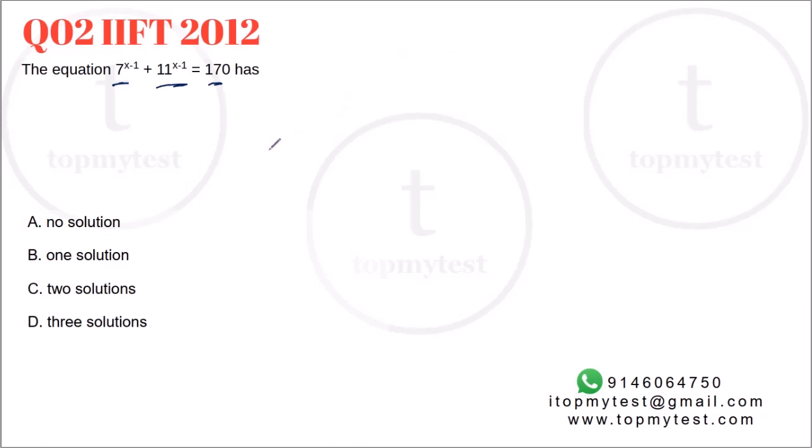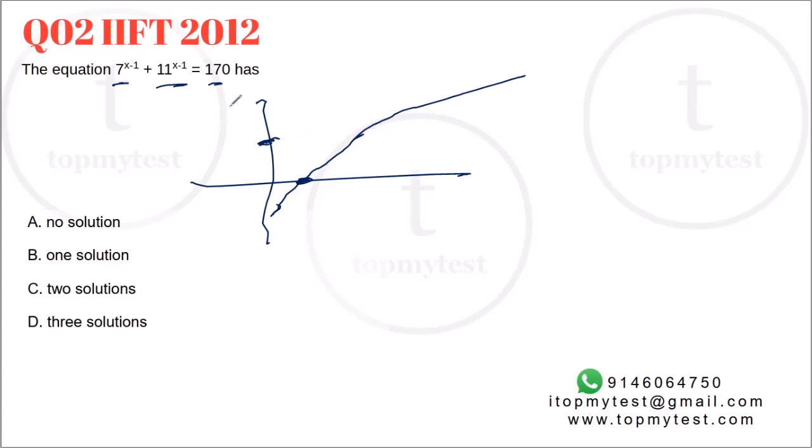The first thing that you need to know about any exponential function is that it's monotonic. So it will go something like this. It's an exponential function. At x equal to 1, the value will be equal to 1, but other than that, all the values will keep on rising exponentially. So every value of x maps to only one value of y, and every value of y is mapped to only one value of x. It's a 1-to-1 function. So if it has a solution, it can have only one solution, it cannot have more than one solution. So option C and D are out.